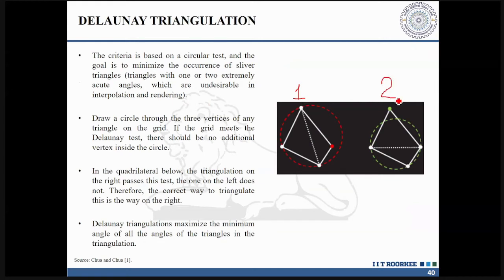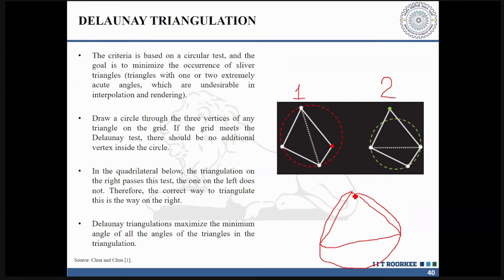Fine. Now, you have to go for that kind of triangulation in which, first listen to my words, the circumscribed circle. So if I have this particular triangle and I draw a circumscribed circle. Now, what is a circumscribed circle? This is a circumscribed circle. The circle engulfs that particular triangle. The fourth point that is there, from the point cloud data, that fourth point should not lie inside the circumscribed circle.